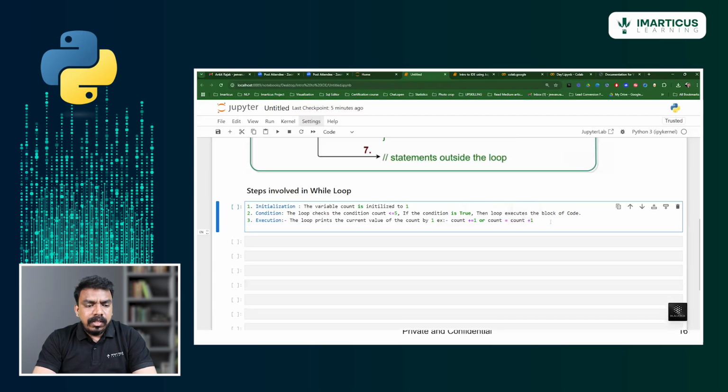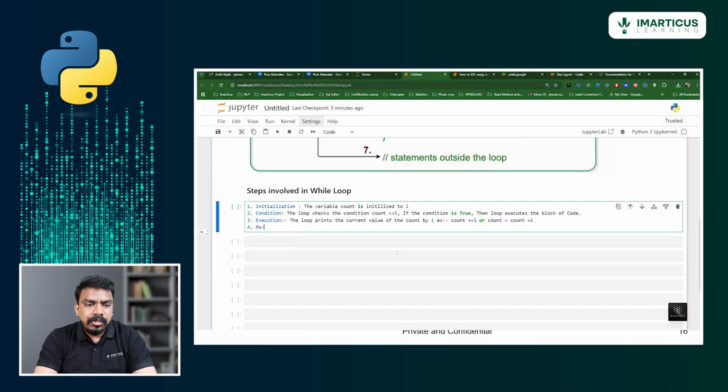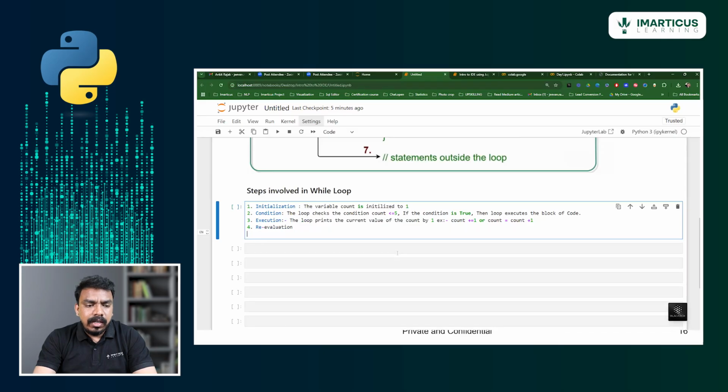After increasing the value, the next step is to re-evaluate. Here you are re-evaluating whether the condition is correct or not. That is re-evaluation. And the last is termination, terminating your entire loop.